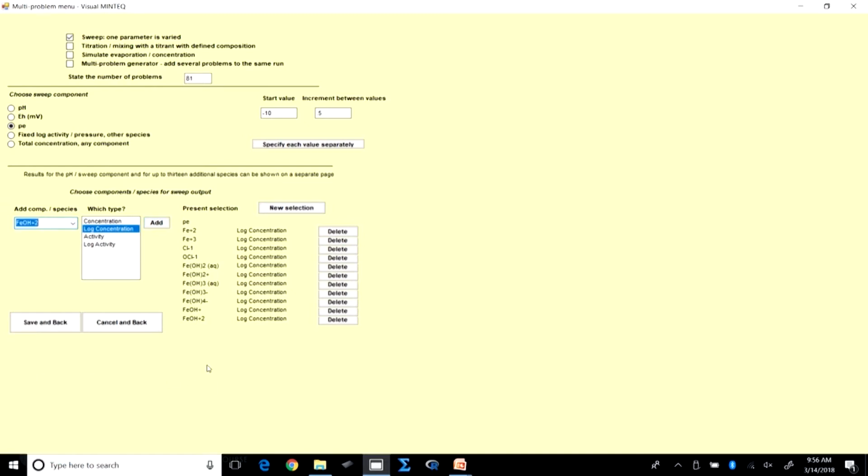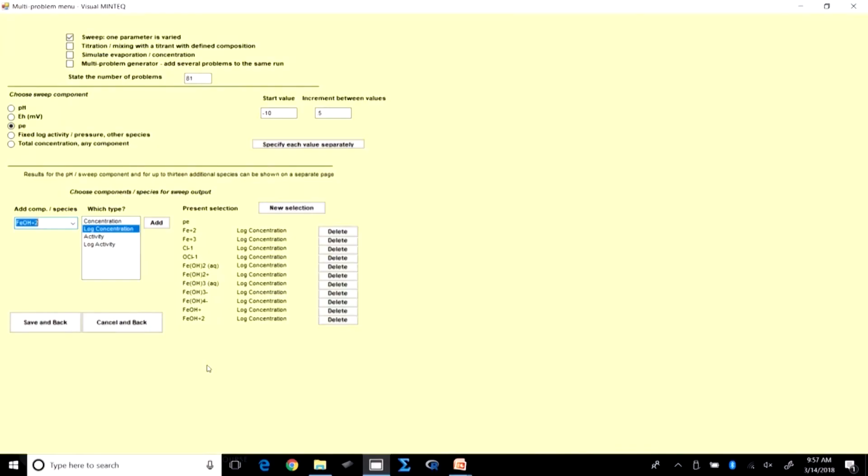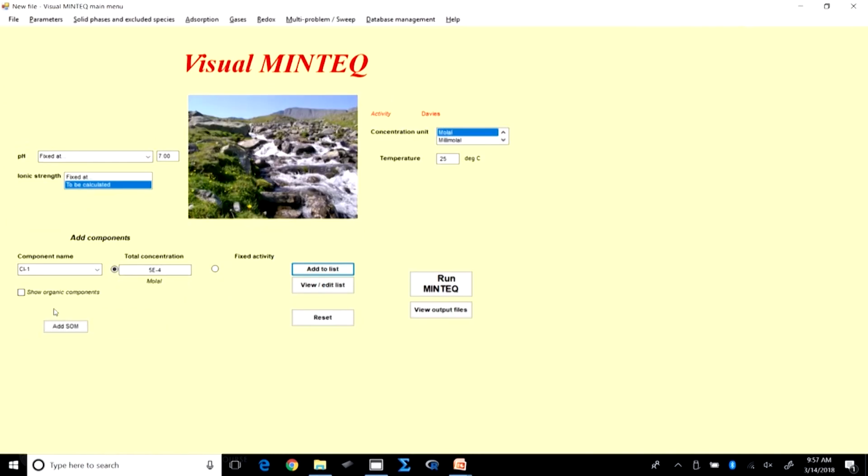Okay, so now we are going to run the system, right, and then obviously export these to Excel and then understand, let's say, which species are predominant at which particular pE, obviously at a particular pH value, right? So obviously I am going to have to say save and back, and hopefully everything is in order, right? And then